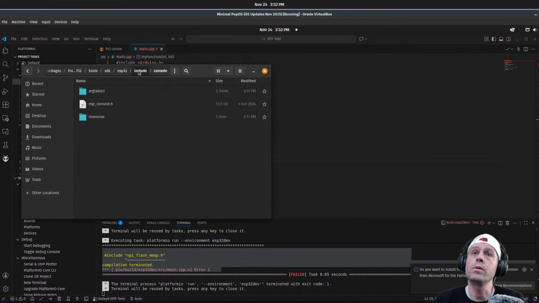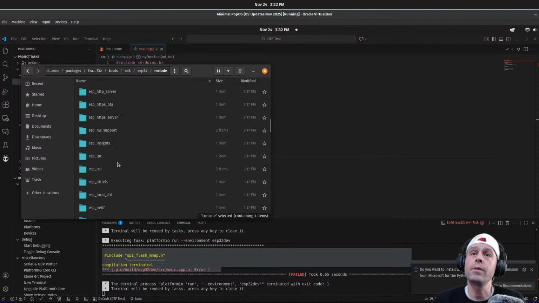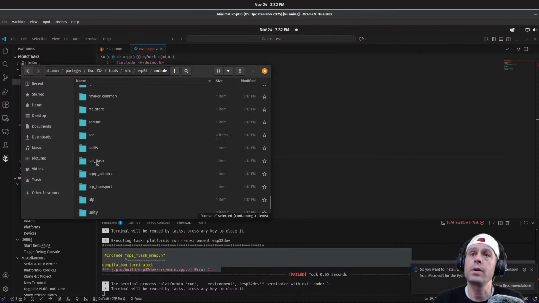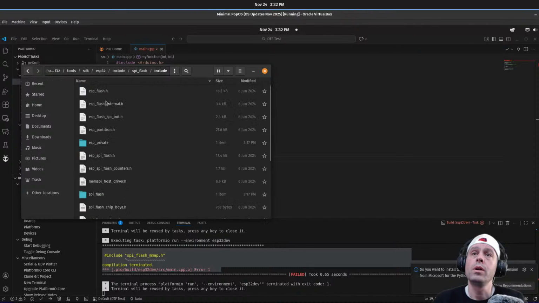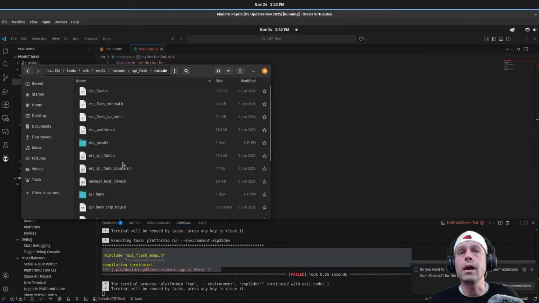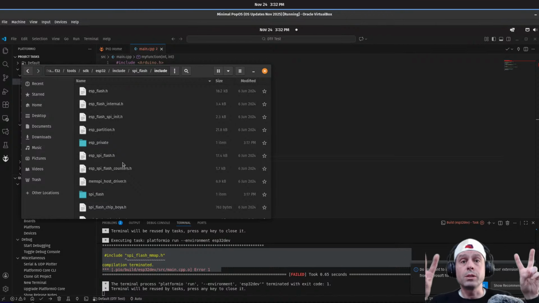So this ESP32 under the SDK, there is an SPI flash folder. If we scroll down, SPI flash, include, but there is no SPI flash mmap. That file is not in here. And again, this is because there is a build process that goes into giving you the ESP IDF for PlatformIO that you are not involved in, and decisions have been made of what include files, what header files you get and which ones you don't get.